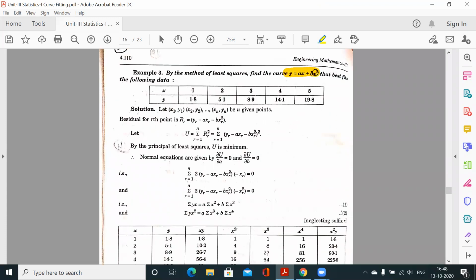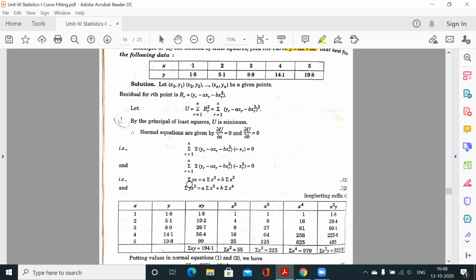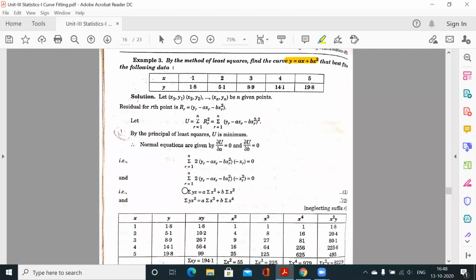So this is your question, y is equal to ax plus bx²। इस केस में मैंने आपको बताया कैसे मिलेंगी नॉर्मल इक्वेशन। एक बार आपको summation x का मल्टीप्लाई करना पड़ेगा इस इक्वेशन में, और एक बार summation x² का मल्टीप्लाई करना पड़ेगा इस इक्वेशन में। तो आपके पास ये दो नॉर्मल इक्वेशन होगी। अब देख लीजिए क्या क्या आपको चाहिए।